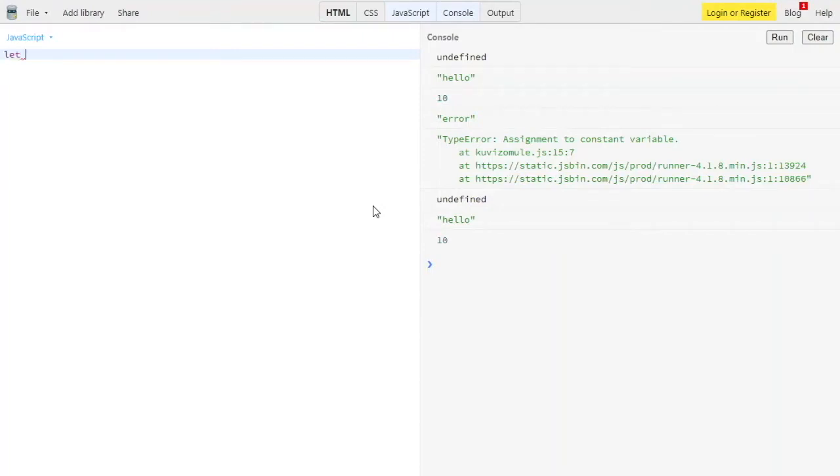I'm writing let _name equal to "code me". Then we have console.log over here, and you can do the interpolation with the help of backticks. The backticks key is present just below your escape key. So try with the backticks key, and you can see I write "I love to code with", and then interpolation uses a dollar sign followed by braces, and the variable name goes inside.